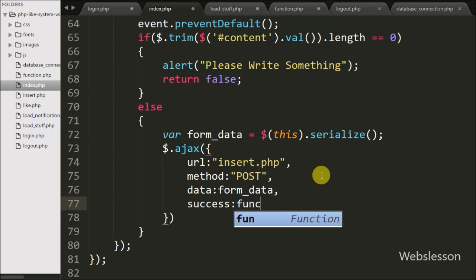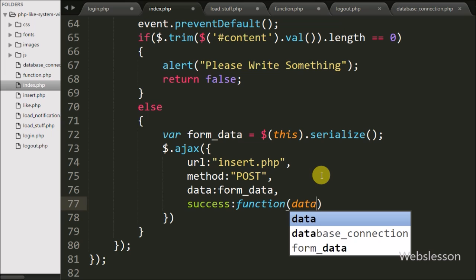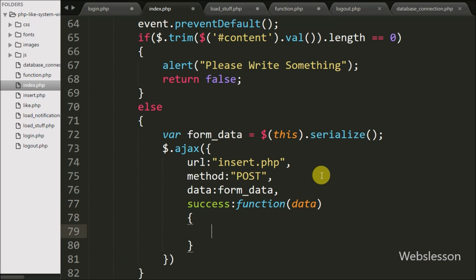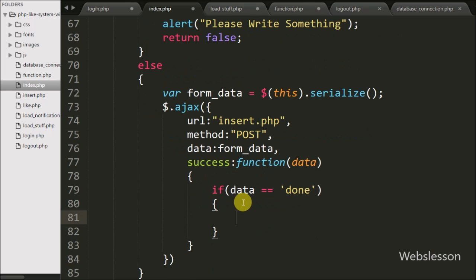Lastly we have written the success callback function. This function is called when the request has been completed successfully, and it will receive data from the server. Under this function we have written an if statement, and under the condition we have written data variable value is equal to done. This condition will check if this variable value is equal to done, then it will execute the if block of